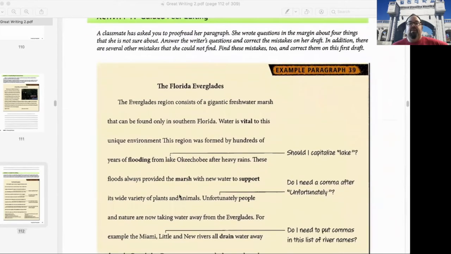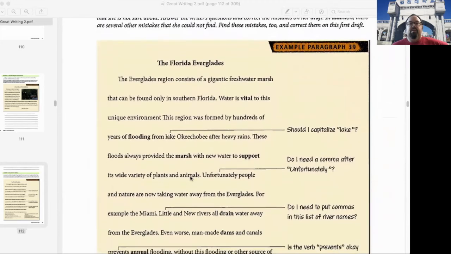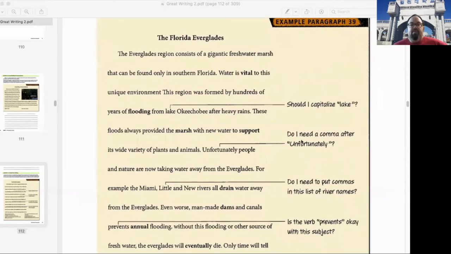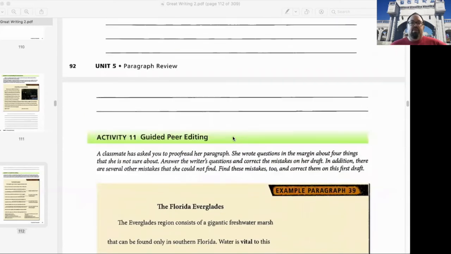Okay, this is another similar activity here. So imagine your classmate, your friend wrote this and gave it to you, and she's not sure about something. She wrote some questions out here. So answer the question and also explain why. And if you're not quite sure why, look in your book. In the back, you've got your writing punctuation reference. For example, with the commas that we just talked about up here,